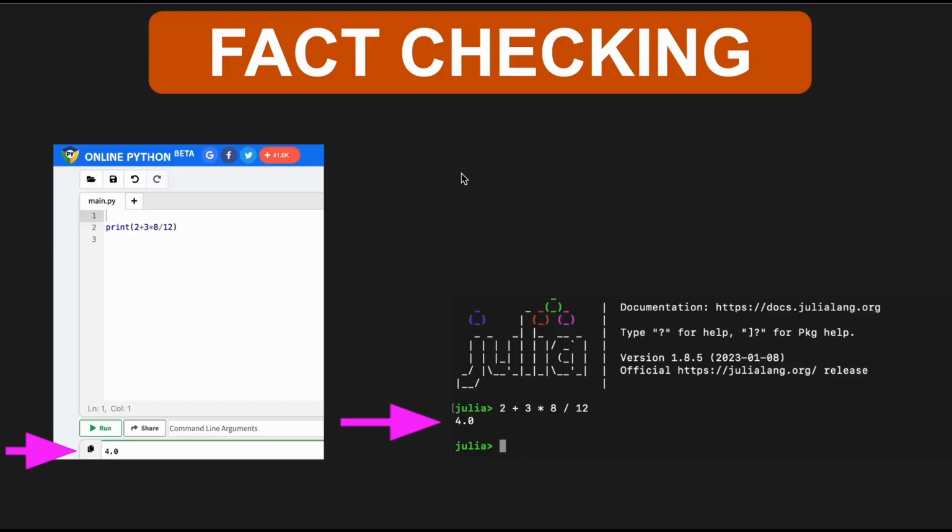But before that, the fact checking is still missing, but they're working on it. There was an announcement that they were working very hard on the fact checking, but for now, before you do something that requires this, you have to do it yourself. So for example, here's how I did my fact checking. I put this expression in Python to see what the result is, and then I used Julia, which is another programming language like Python that is used for data science, to verify my result.